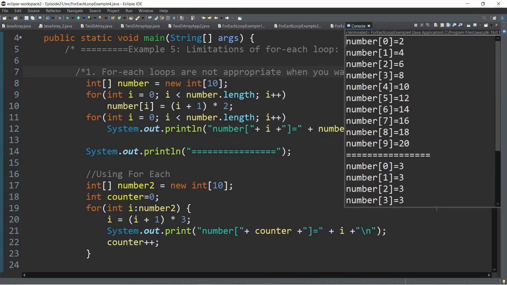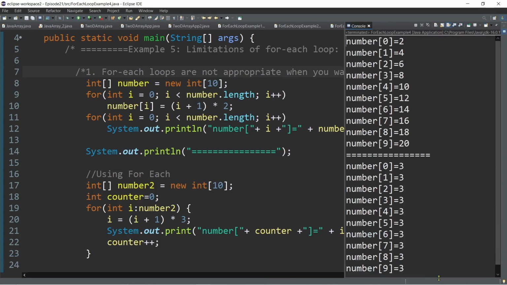Okay, here's the output of this example. What have you noticed? In using the for loop, we display all the values of each array element, the even numbers, for example here 2 4 6 8 10, because we assign them. Now if we try to convert that using a for each loop, we have this